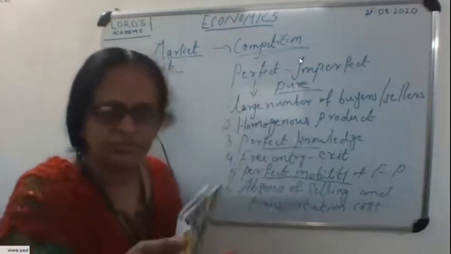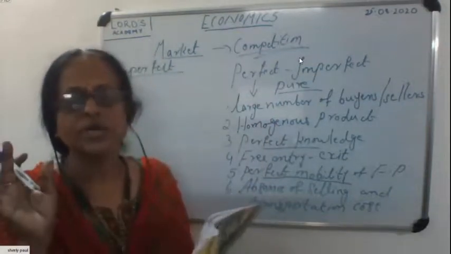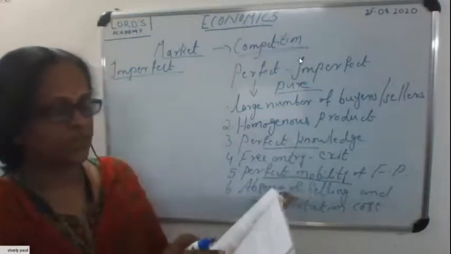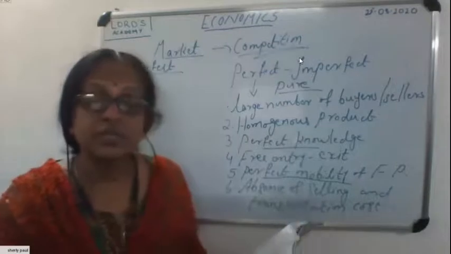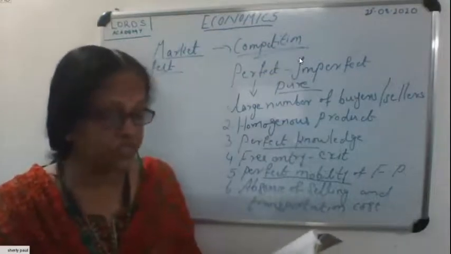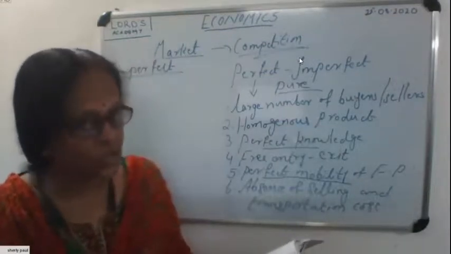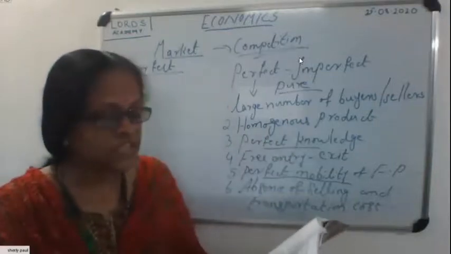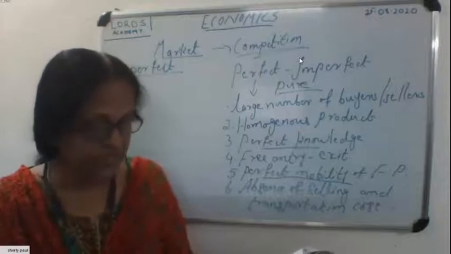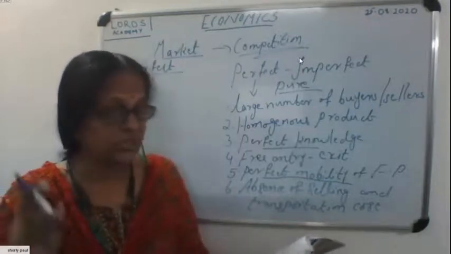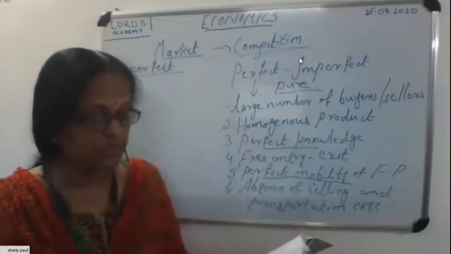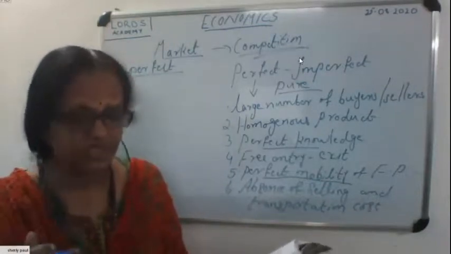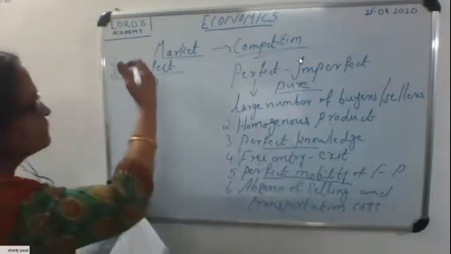Then imperfect market. The market structures in which imperfect competition exists are called imperfect market, because if competition is imperfect, that market is known as imperfect market. Now some features are given: restricted flow of information on cost and prices, that is less knowledge about the price, not perfect knowledge. Excessive power of some suppliers, indifference among sellers to keep the price high, discrimination by sellers among buyers on the basis of their buying power. That we will study when we study the imperfect market.